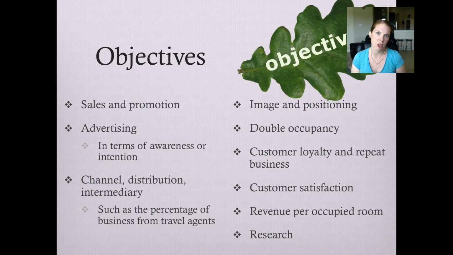So what exactly are objectives? Objectives are goals or long-term things that stem from strategy, which we'll talk about in the next video. These are just some examples of the kinds of objectives you can have. This list is not exhaustive. There are other things that maybe aren't on this list that you could add yourself, depending on where you are in the product life cycle, what's going on with the external environment, what's going on with your internal product, and you can decide what makes the most sense. Some examples might be objectives about pushing sales and promotions. We need to have higher occupancy, maybe double occupancy.